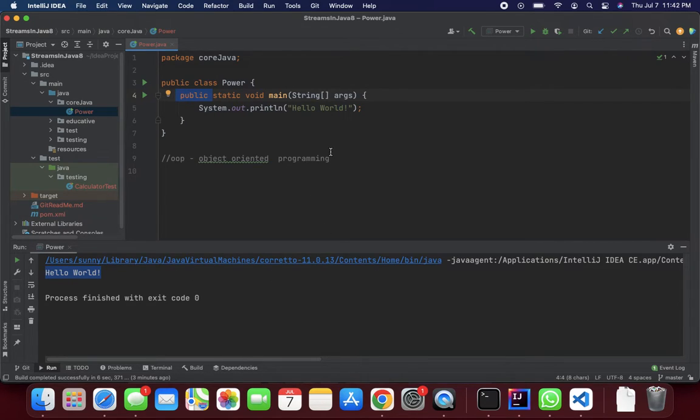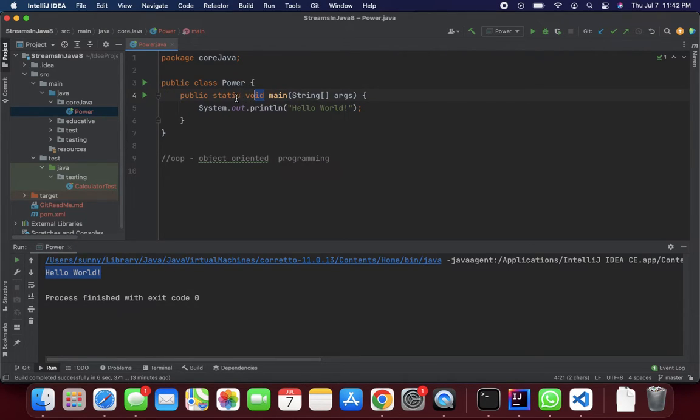So somebody has to, and so the JVM should be able to look for this program or this main method anywhere within your computer. That's the reason we put it as public, so that it can be accessible. Secondly, it's a static void main. So let's go to the void. Void basically means it's not going to return anything. That means if you call any function and you get something in return, but in this case it's not going